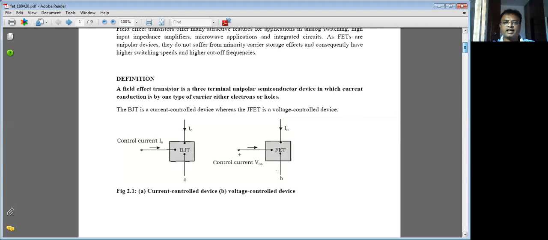Let us see the classification of field effect transistors. The FETs can be classified